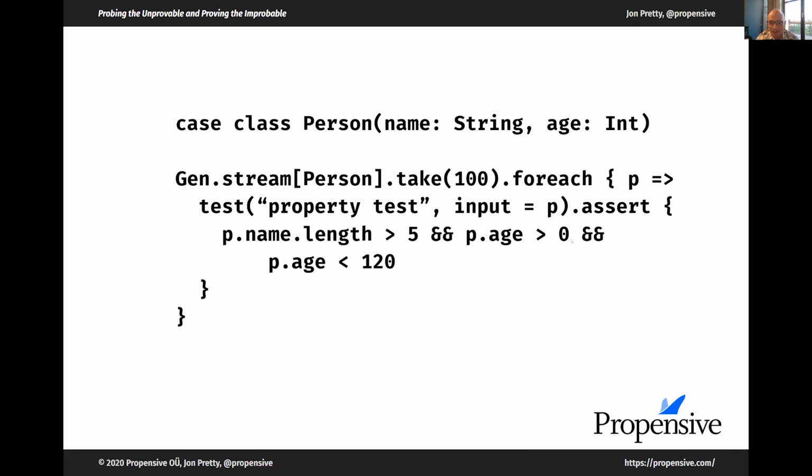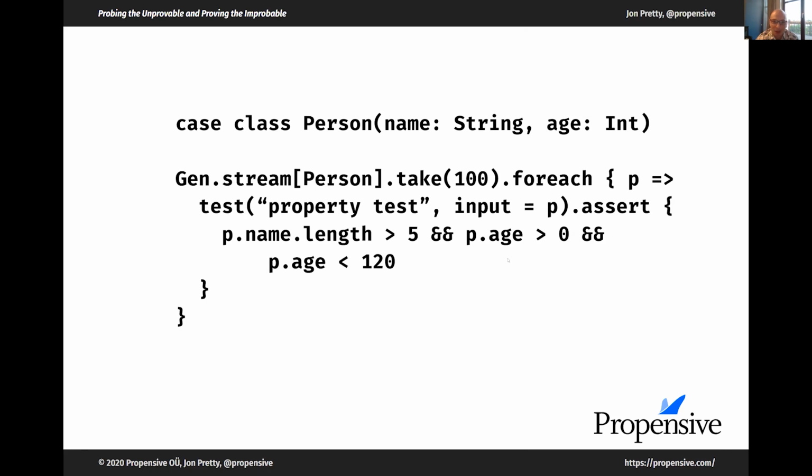And the tests I've got here check that the name is at least 6 characters long, checks that the age is non-negative, in fact, non-zero, and it checks that it's within reasonable bounds. I think there's one person who ever lived older than 120, so she would have broken this. But this will probably fail when one of the random persons that's generated is passed in here.